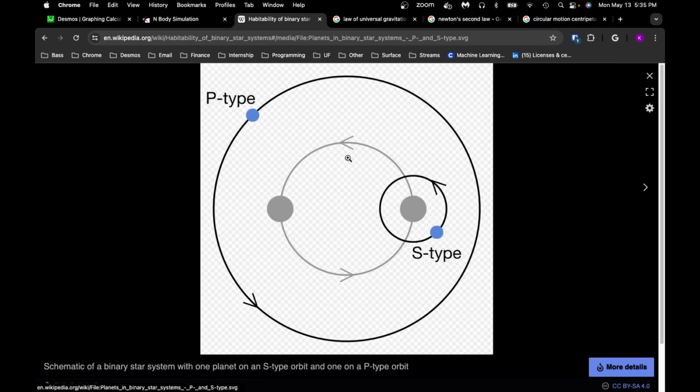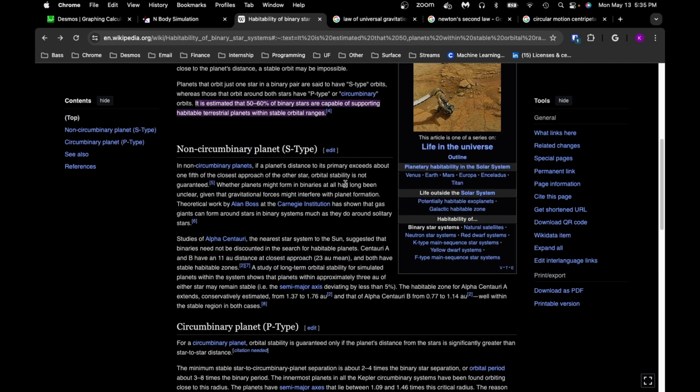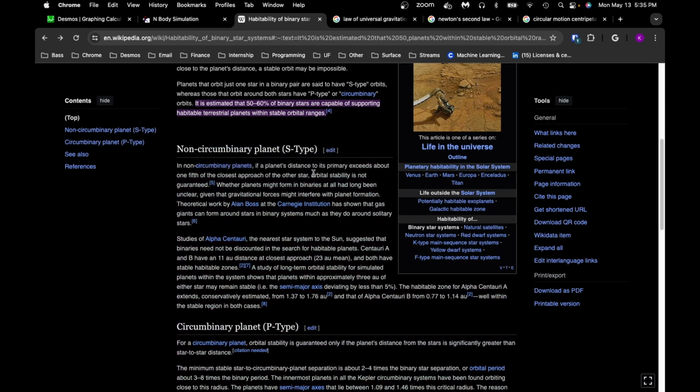So, and this is a real analog, if we look here, to an S-type orbit and a P-type orbit. Or they're also called non-circumbinary and circumbinary. And one interesting thing about these types of orbits is that they're not really guaranteed to be stable. So for example, for non-circumbinary planets, if a planet's distance exceeds about 1/5 of the closest approach to the other star, orbital stability is not guaranteed, which basically means